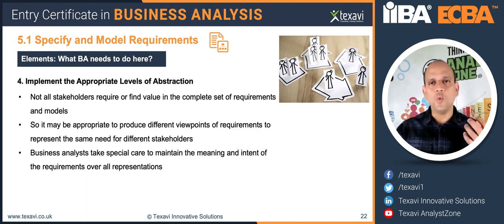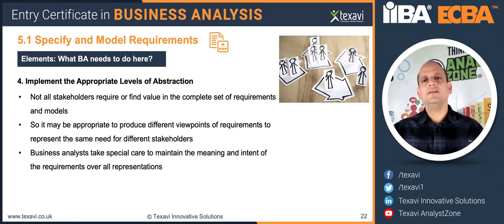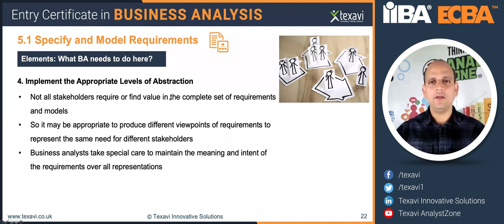It's the what, the why, the when, and the where. The how is the implementation, the design, the solution, the architecture. So that needs to be well maintained across the entire set of life